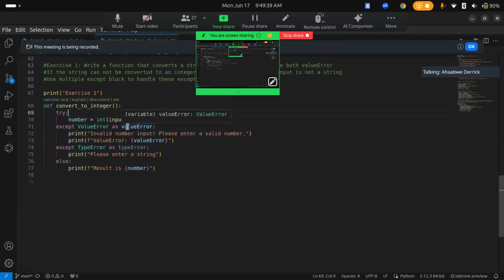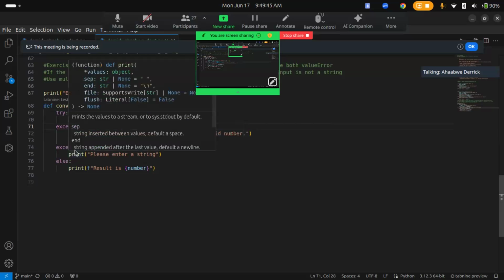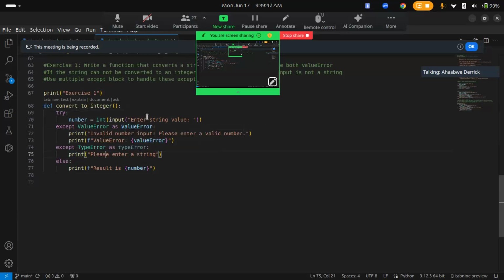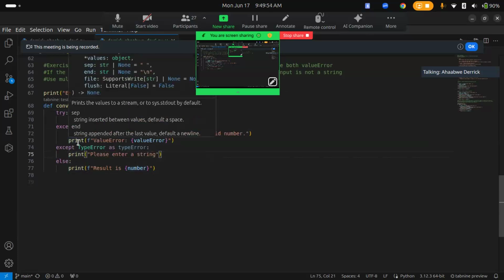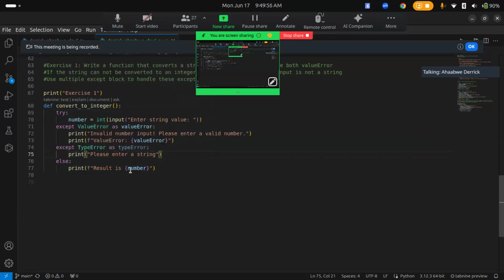Here I'm trying to access the value error object such that I can print the default message also. Same thing, if we have a type error, we shall raise it from here. Afterwards, in case there is nothing wrong with these errors, we shall print the result. So let me try calling it from here. Convert int. Yeah. So let me try running.